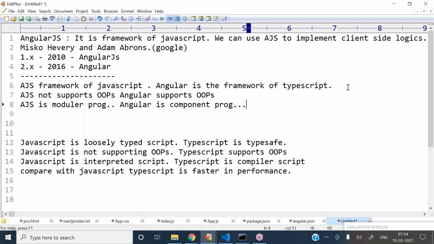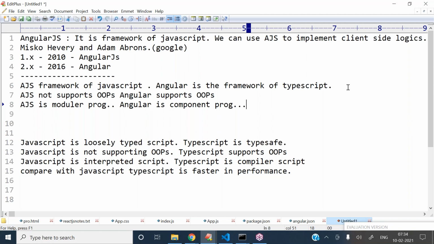That's why in AngularJS we don't have the concept of data types. But Angular supports all data types like number, string, boolean, etc. Why? Because it is based on TypeScript.